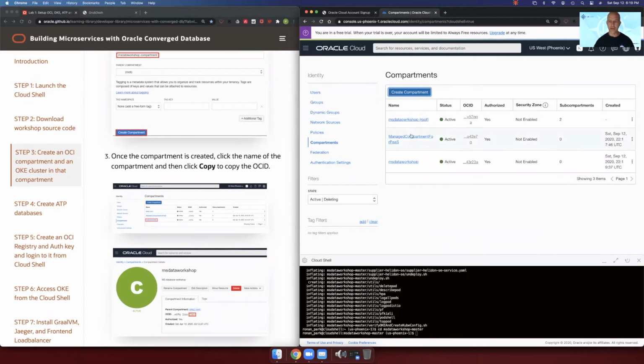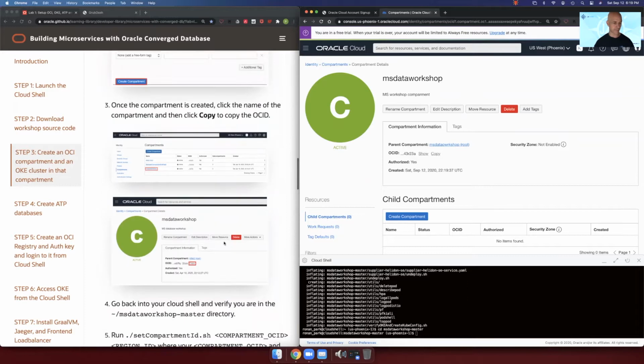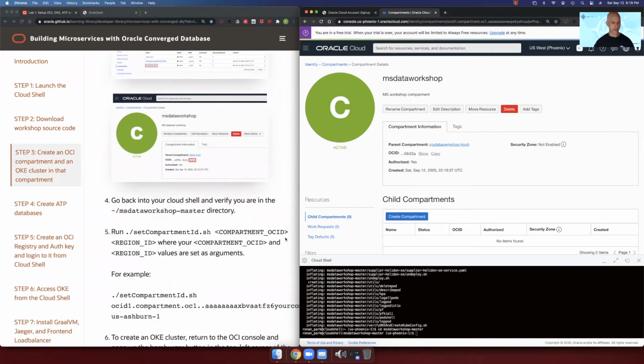We'll go ahead and go into that compartment and go ahead and copy. I think maybe we could have done that from the last screen as well, but go ahead and copy the OCID for that compartment we just created. Now we'll go back to this Cloud Shell,